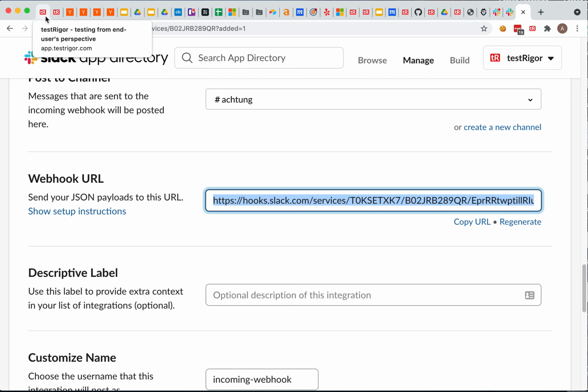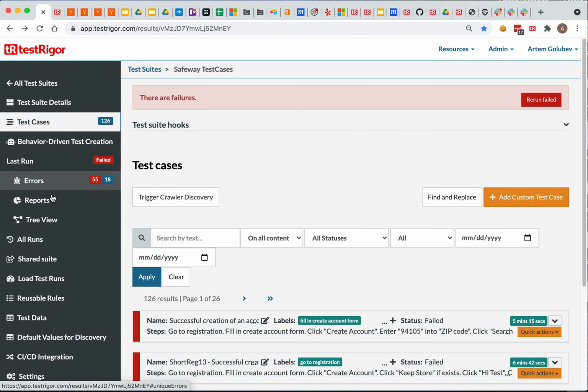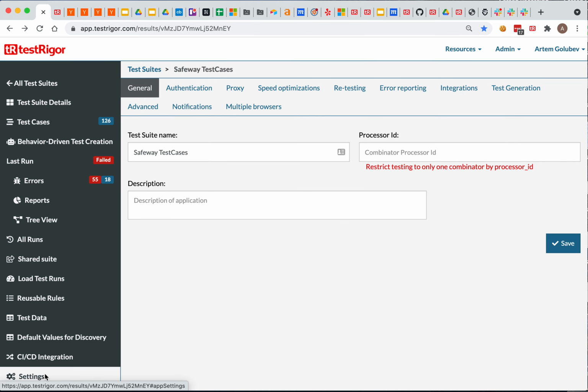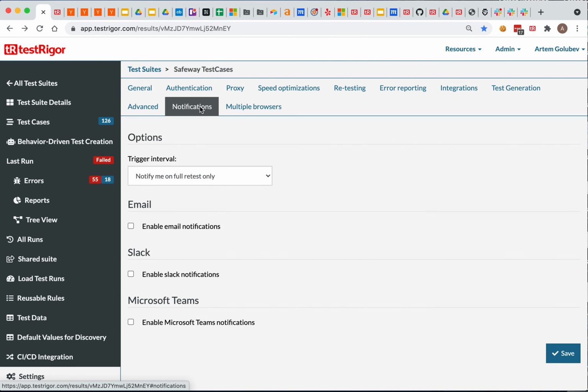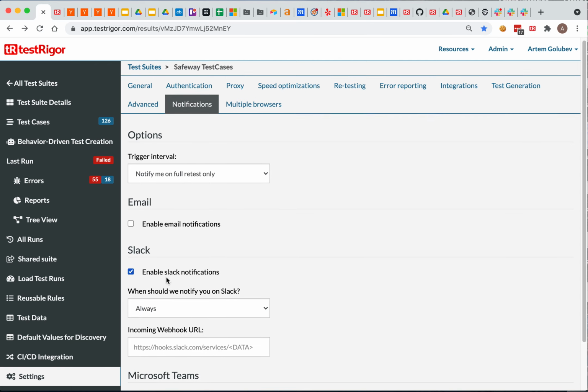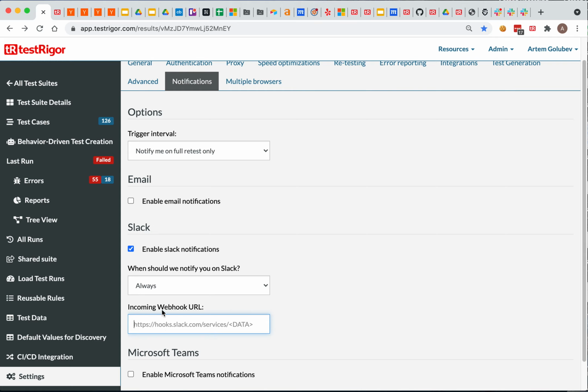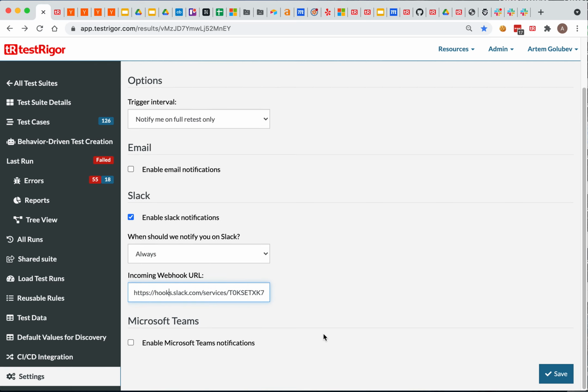Then you can go to your testRigor application, go to Settings, then in Settings, you can go to Notifications, as such. Click Enable Slack Notifications, and you can paste your incoming webhook URL in here. Alright, after which you can click Save,